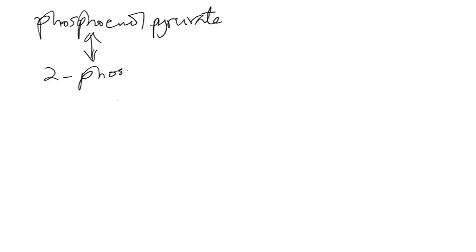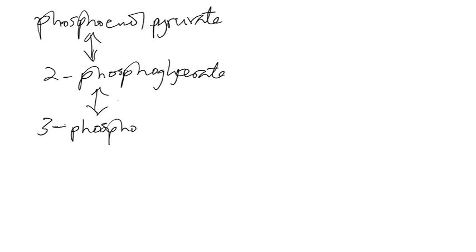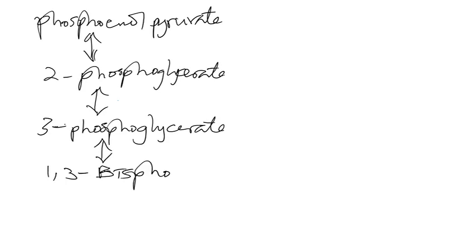So we have phosphoenolpyruvate, which is converted to 2-phosphoglycerate, which is converted via a reversible reaction to 3-phosphoglycerate. The 3-phosphoglycerate is then converted to 1,3-bisphosphoglycerate,